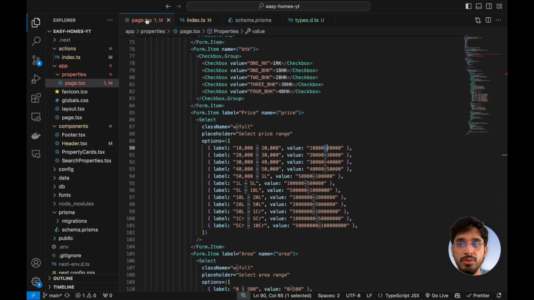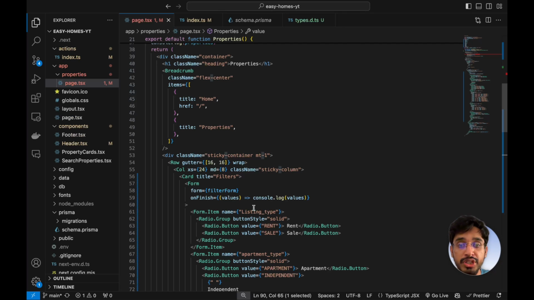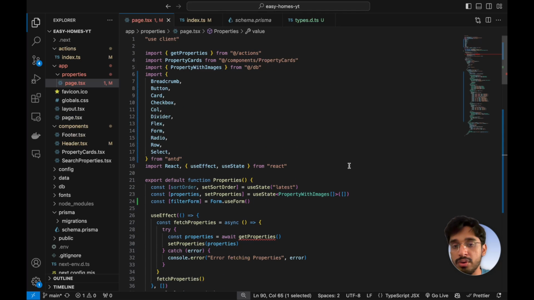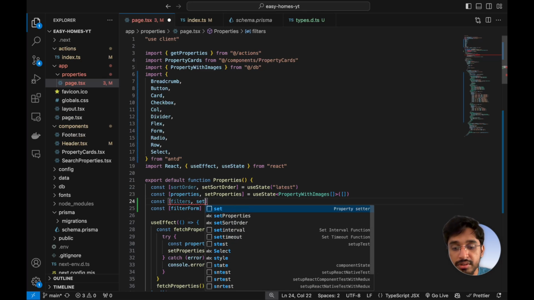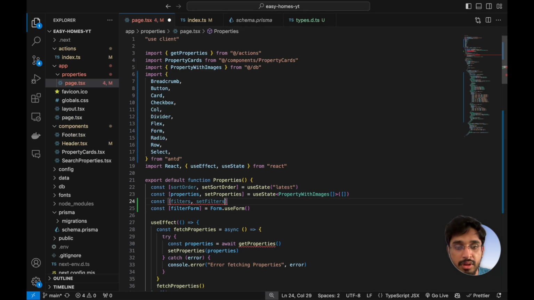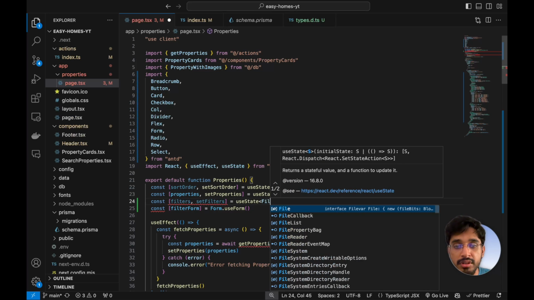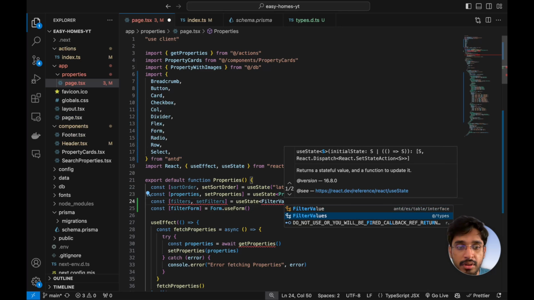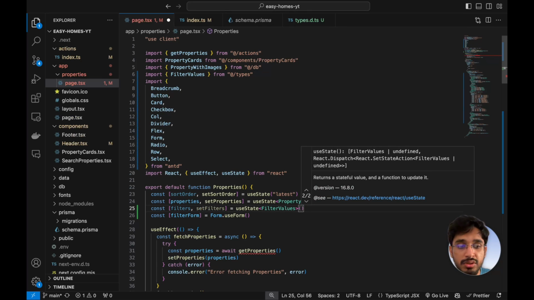For that, let's go back to the properties page, and for the values that we are receiving from this onFinish handler, we can just create a state and store all the filter values inside that. Let's go right at the top and create a state for the filters. I'm just going to call it filters and setFilters. This is going to be useState, and the type of this is going to be the filter values that we have defined within this types file. This is just going to be an object initially,